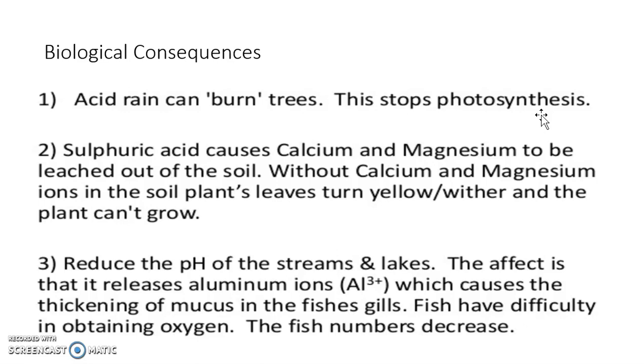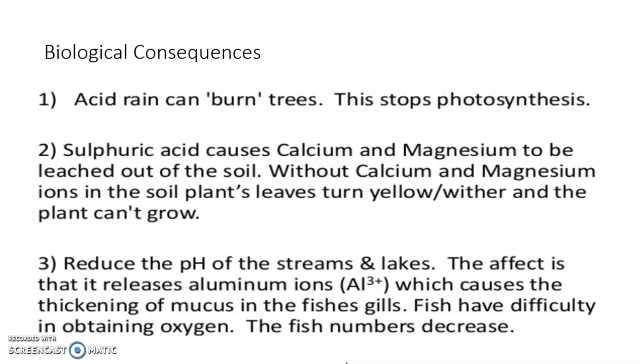That causes a decrease in uptake of nutrients like nitrate, which are required, and also causes leaching of calcium and magnesium in the soil. We also need to think about the effect that the pH is also going to decrease in waterways, streams and lakes. And again, this is going to have an impact directly on the organisms which are living there, but also can cause leaching of aluminium within water. And aluminium is particularly damaging to fish gills. That means that the fish can't breathe, and they decrease in numbers.